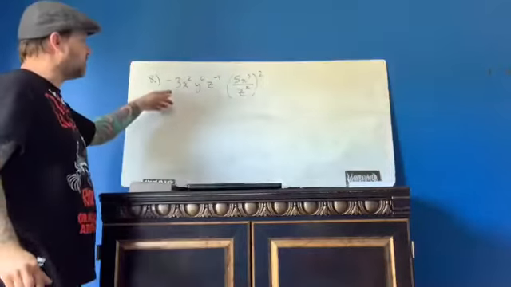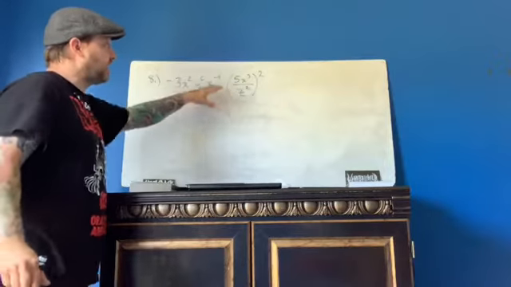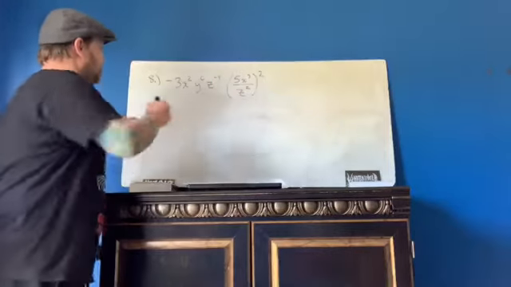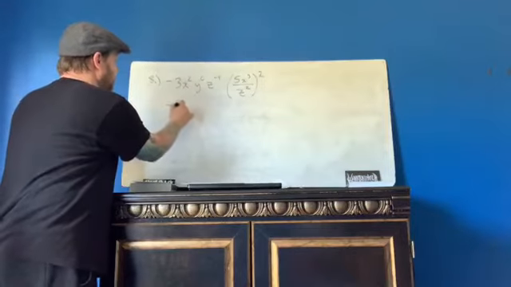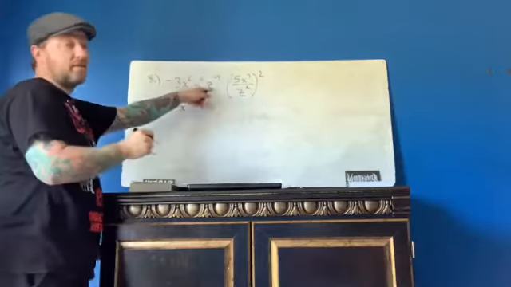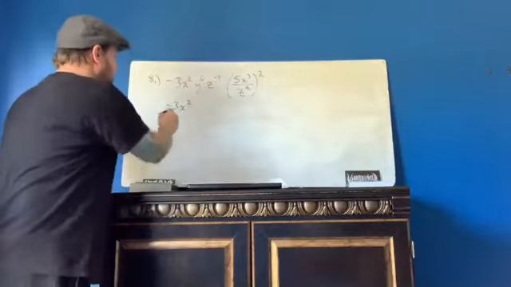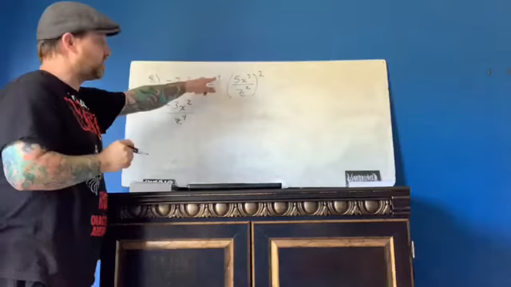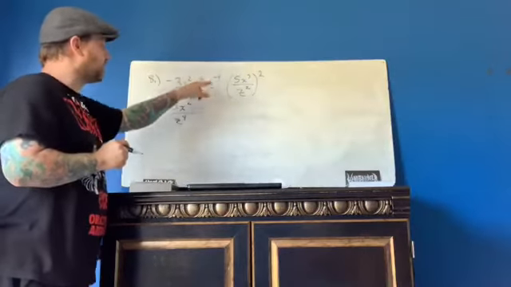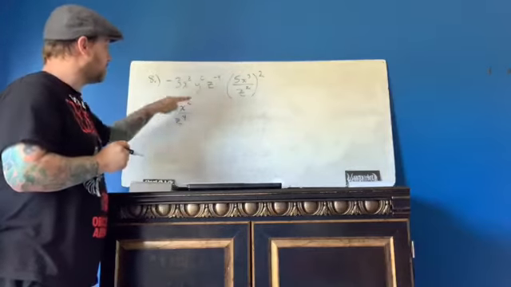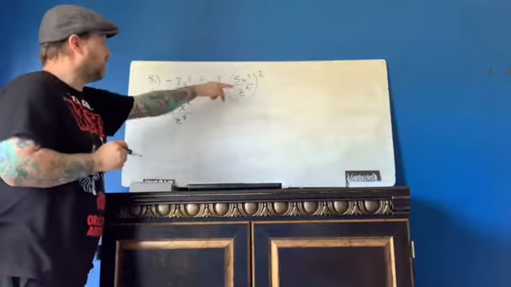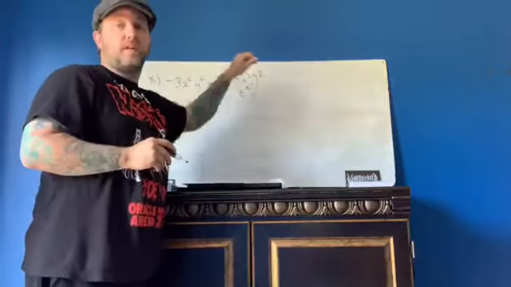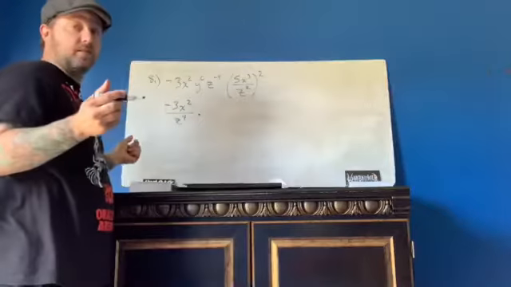Well, where should we start out? Let's simplify this first. I'm going to simplify that first too. So I'm going to end up with negative 3x squared. Now, if it helps, we can rewrite this z to the positive 4. To get rid of the negative exponent, you switch from the numerator to the denominator. Over here, what do we do with power to a power? Well, we have to